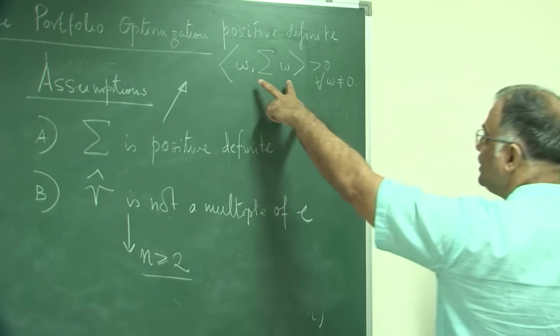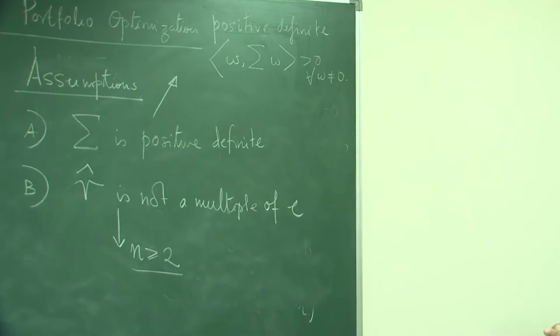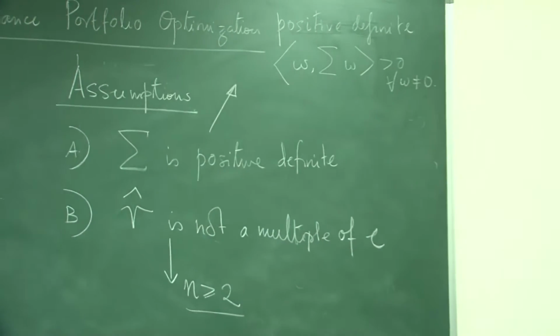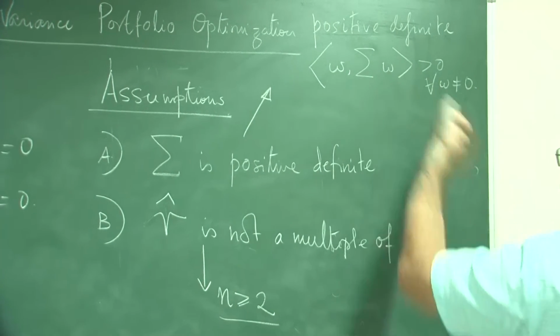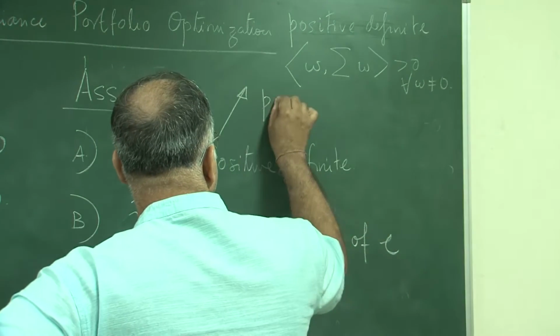Only if the allocation is 0 would this be equal to 0. So if you have a non-zero allocation, this is always positive. But if it is just positive semi-definite,